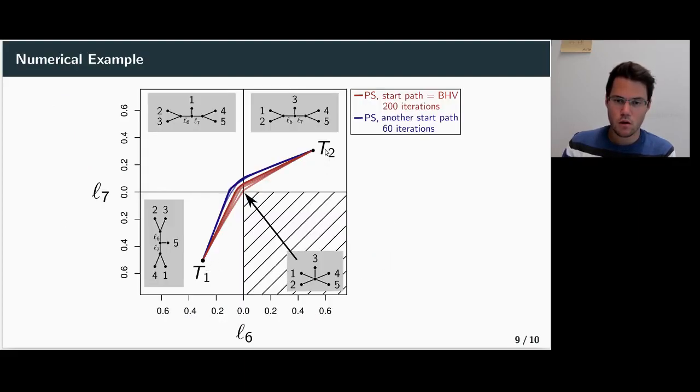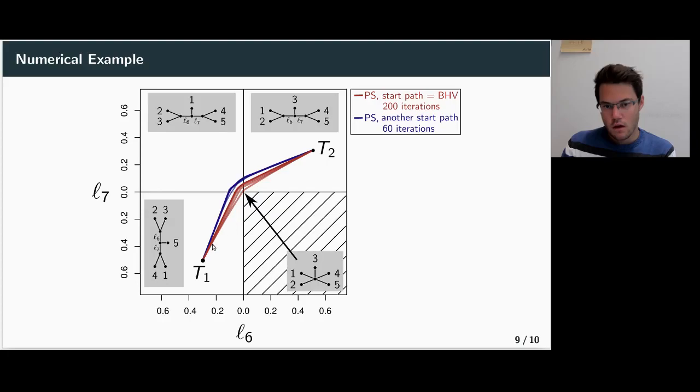Right. Let's consider this example here. We have two trees, T1 and T2, and we just view a two-dimensional slice of the Wald space, which we can see here. For example, T2 is a tree of this structure, but we only see in this coordinate system here the edge lengths L6 and L7. It is actually a 7-dimensional object, but we only view these 2 dimensions here. Same goes for T1, where this is another tree structure compared to this one, and we just view this 2-dimensional slice again instead of all these 7 dimensions here.